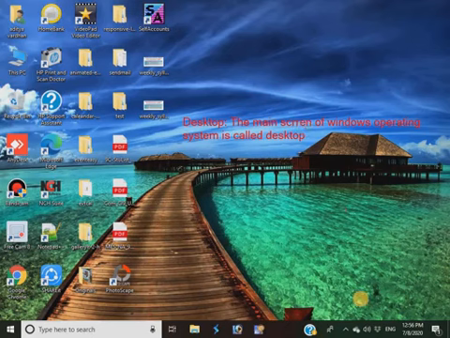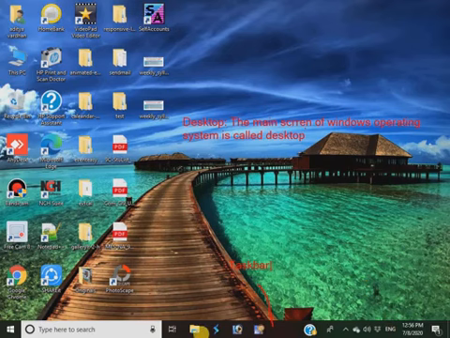Now you are looking here. This is the taskbar. To the right-hand side of the taskbar, you will see some important icons.